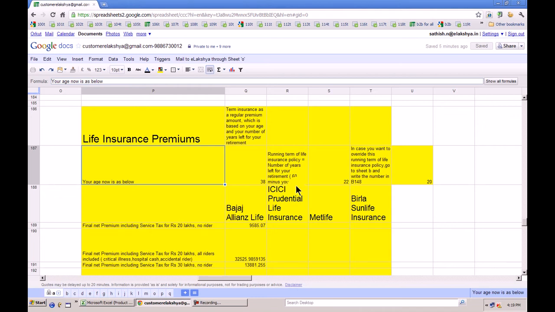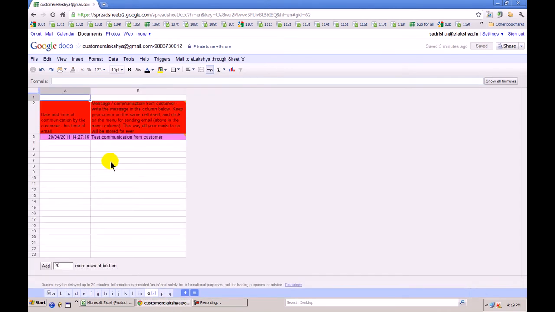Point number 11, we have included in our .elexia file a CRM tool called Sheet O. Sheet O, I have just opened Sheet O, is nothing but all your communication to us, all your messages to us. You can keep on writing one after another. So throughout your life and the life of Elexia, whatever communication you are sending to Elexia, just put these messages here. If you put these messages here, they go in the form of an email to Elexia as well as a copy of that particular communication. Whatever you put in this cell comes to you as well.